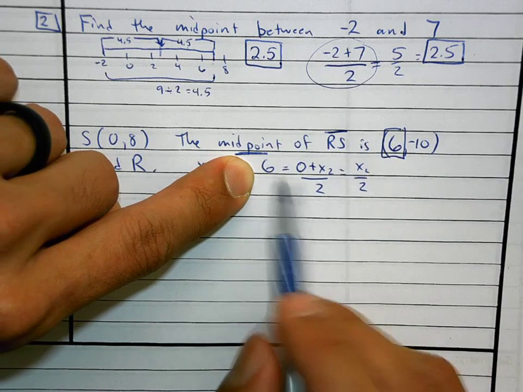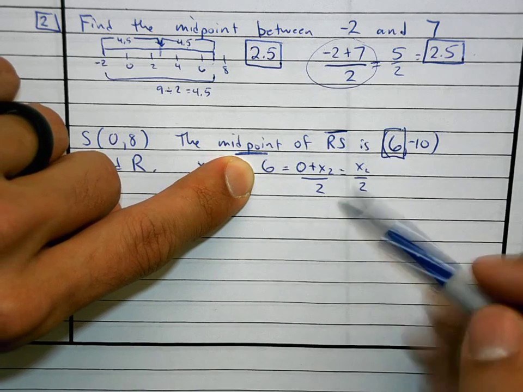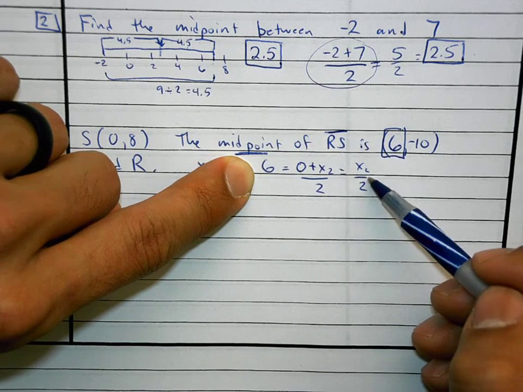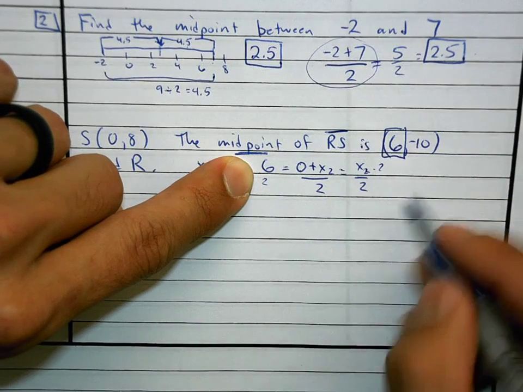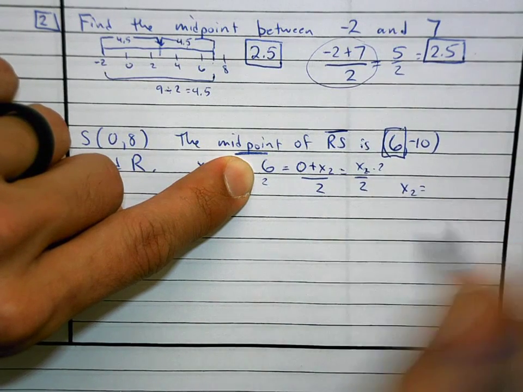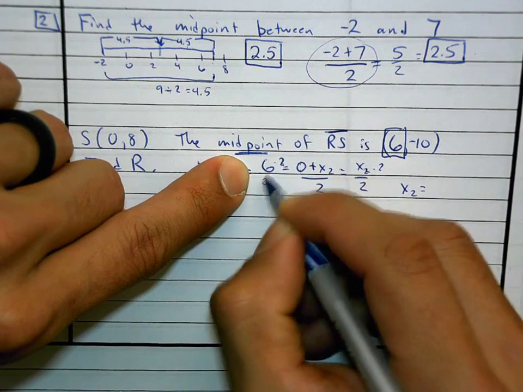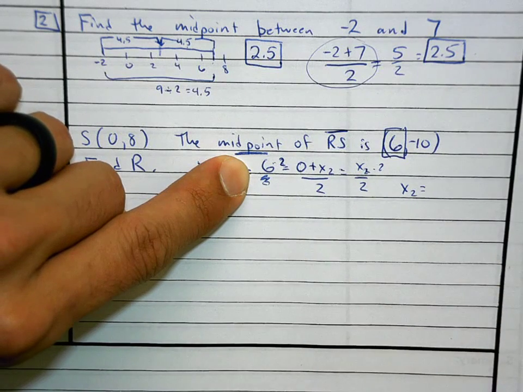And since I have 6 equals x2 over 2, all I need to do is the opposite of divided by 2. What is the opposite of dividing by 2? So what is x2 going to be? What's times by 2? I should be putting times by 2. All right, let's do it like that. What is 6 times 2? And that is